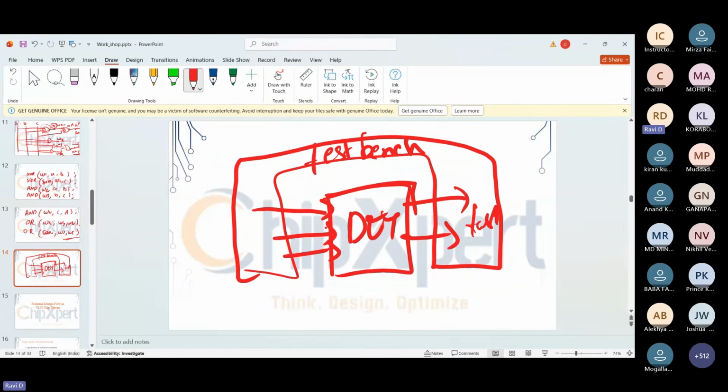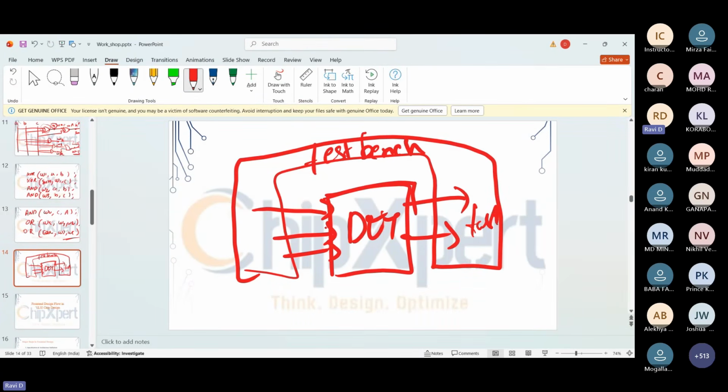We have a separate block to drive the data from the test bench to our design, which we call a driver, and we have a separate block to verify the outputs. Like that, the SystemVerilog test bench provides modularity. Modularity is nothing but designing your test bench into several parts. That is provided by SystemVerilog, and we are going to do that using the OOPS concept.